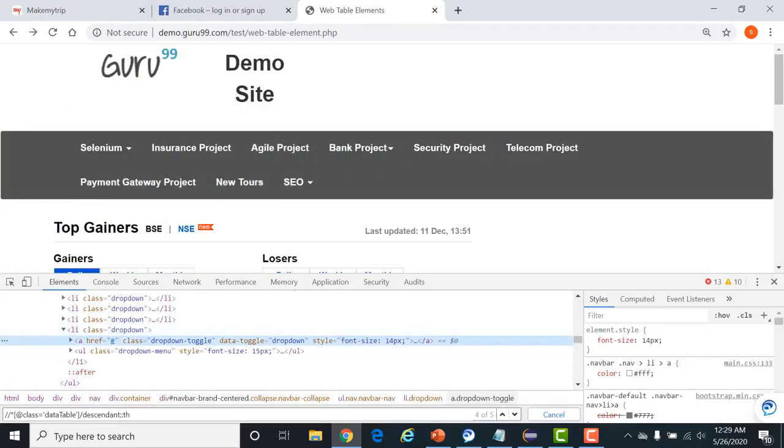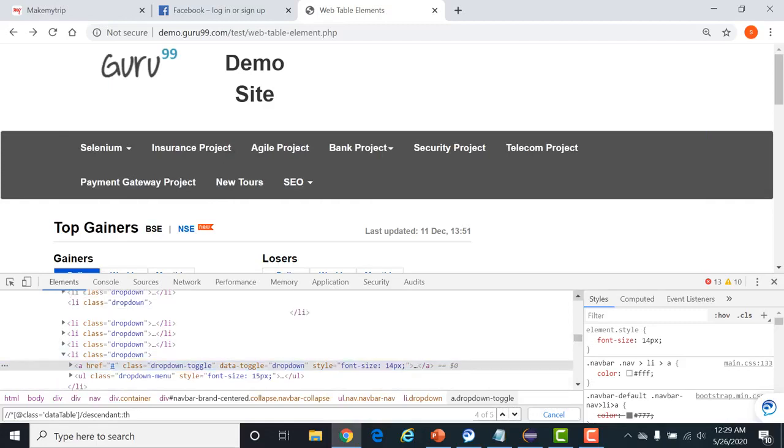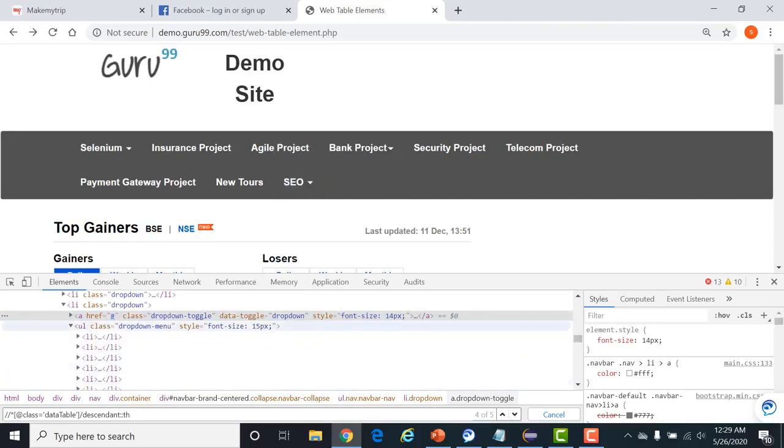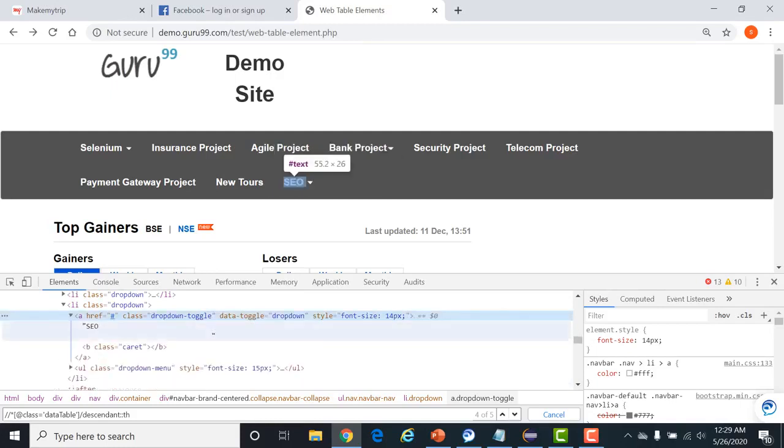Now we are looking at an example of backward direction, searching an element in the backward direction. See, this is a tag SEO inside the UL. Inside this, this is the location of this particular SEO web element, right?